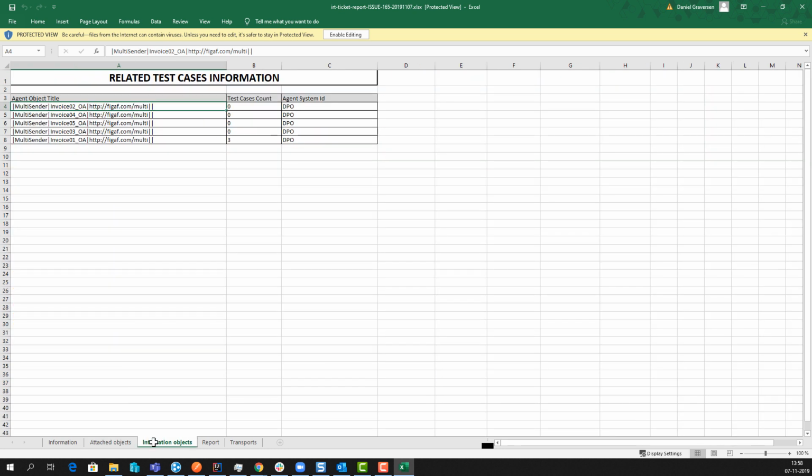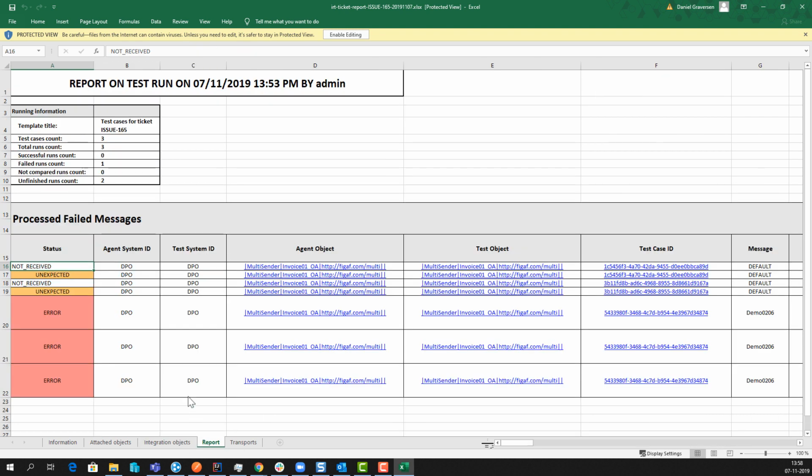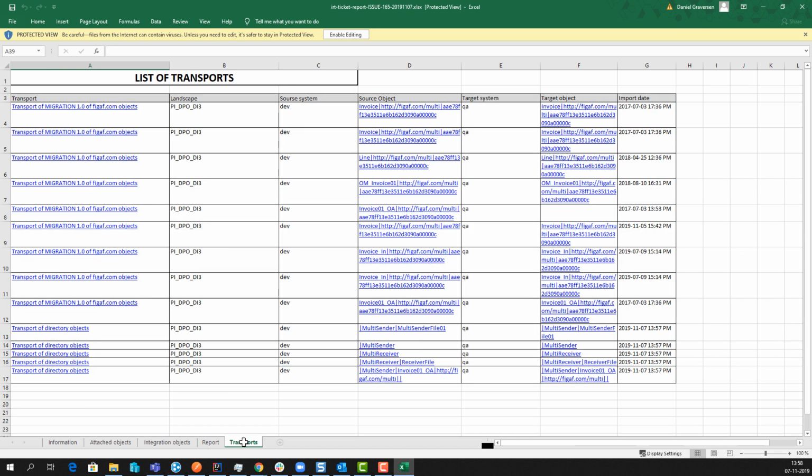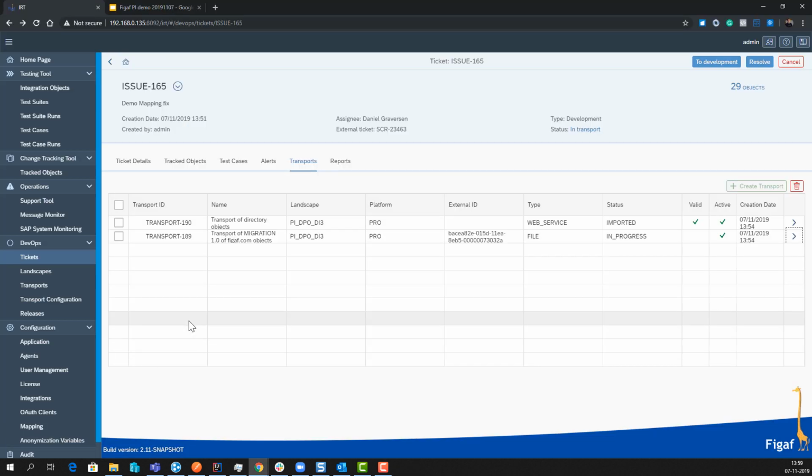We can see how many test cases did we have, and we can see our results that we are getting from this testing. And here we can see what are the transport objects that have been imported, what time that was imported on these systems. So now we've finished our development, and we are ready to go on to the next